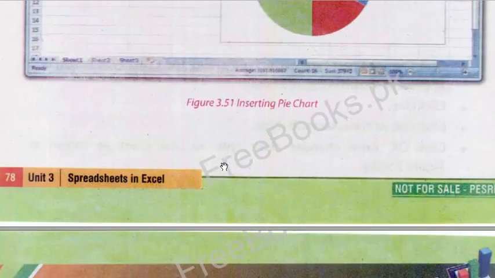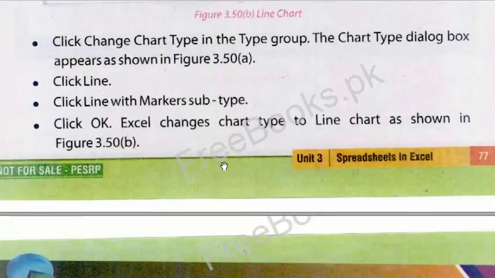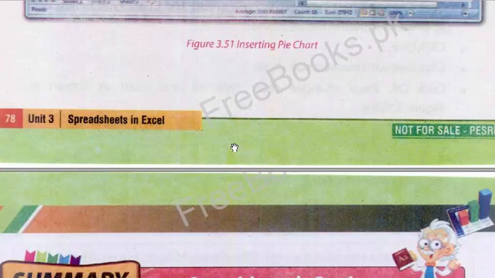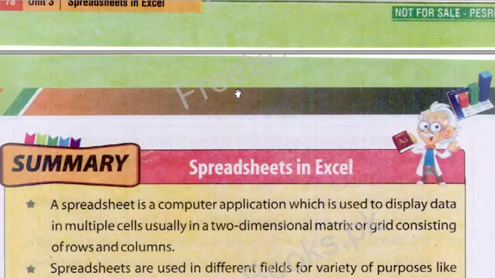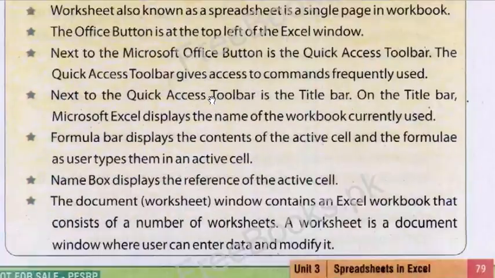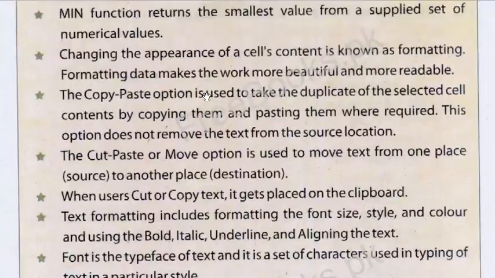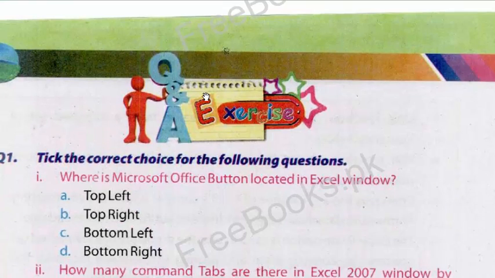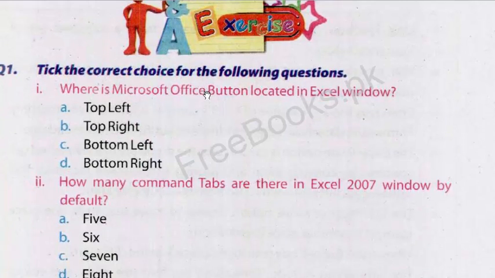With this, our unit number 3 is completed. Now we have completed three units till now. What you have to do is complete Exercise 2 with today's lecture. And one more thing, if you have a computer system, do install Microsoft Office on it and practice the things we have studied in today's lecture, in this unit about Excel, so that you do not forget when you are in the exam.